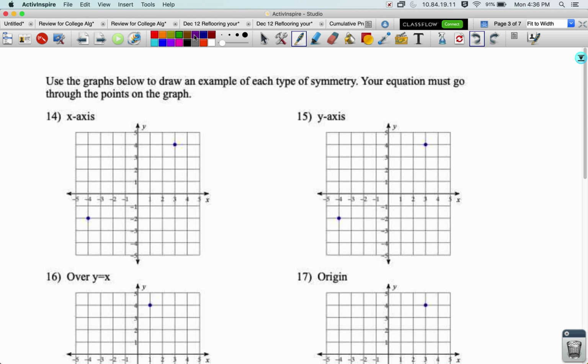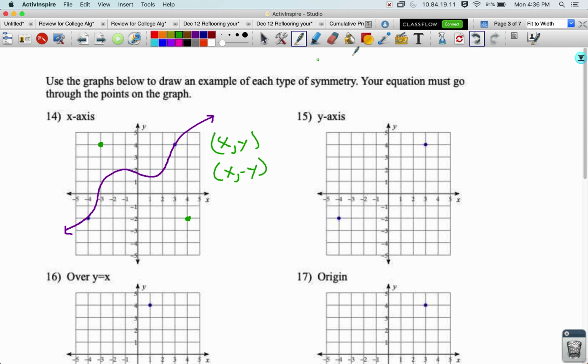We need to draw a graph with x-axis symmetry, and it's going to go through these 2 points. So I'll make it kind of swirl through there. Now, if it's symmetrical over the x-axis, any point (x, y) is going to become the point (x, -y). So it's going to flip over to this side. And then this point is going to flip over here because it's,